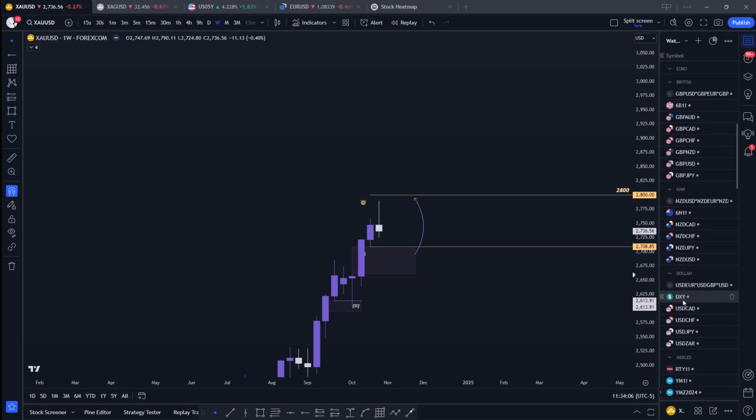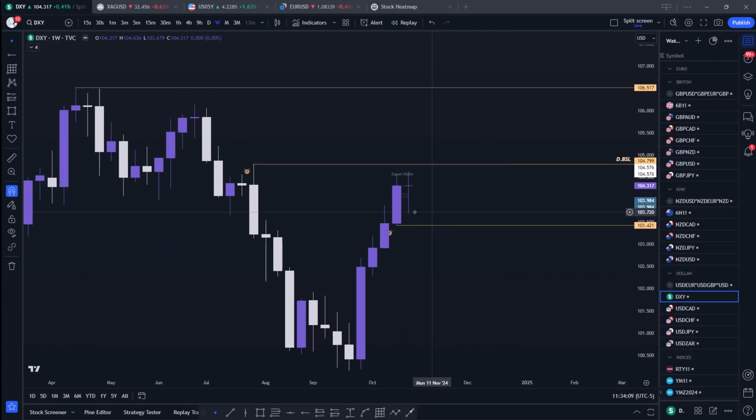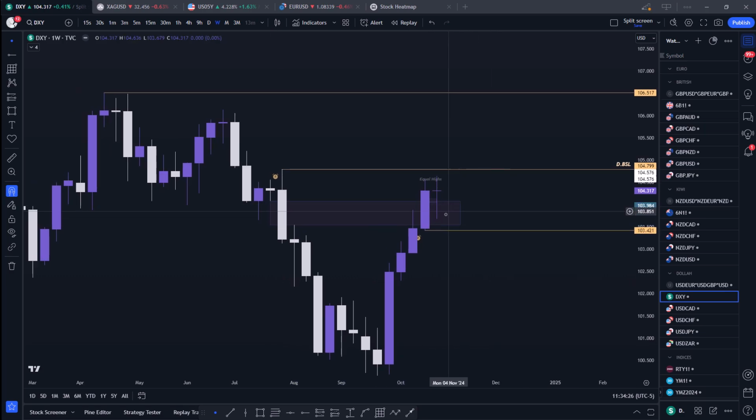Moving on to the dollar index, I'm looking for higher prices. It's as simple as that. Last week we had an immediate rebalance with this previous weekly candle. We came, tapped it, the wick, and then immediately rejected away from it. We also have now disrespected this CB. We've closed above it and are currently using it as some level of support to potentially run for this daily swing high, this daily buy side liquidity.